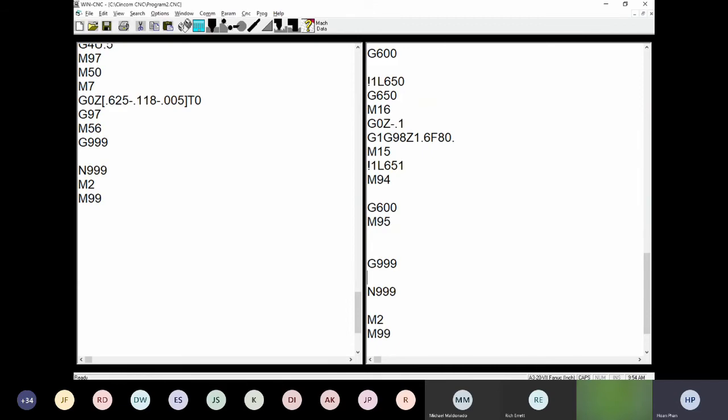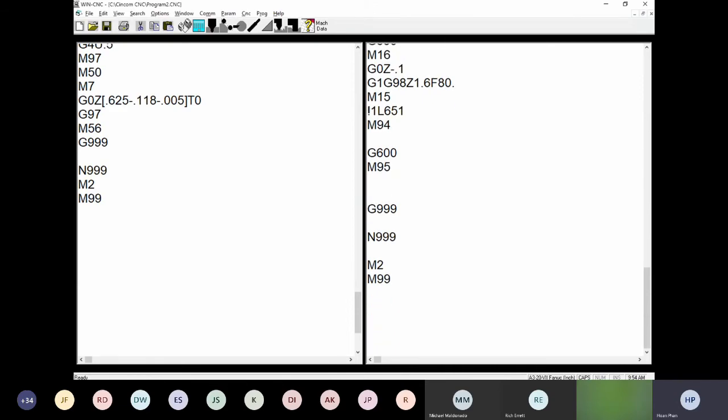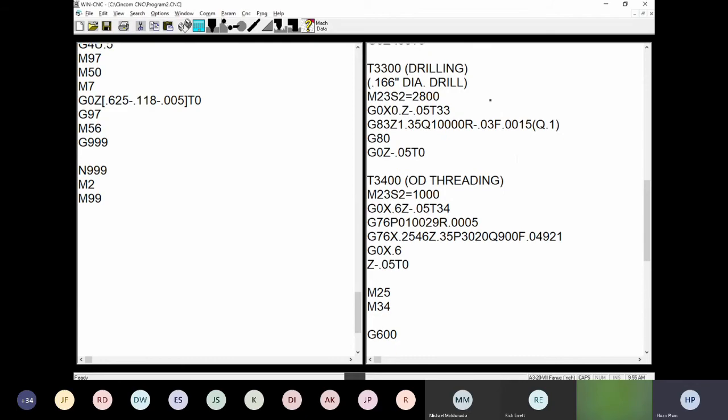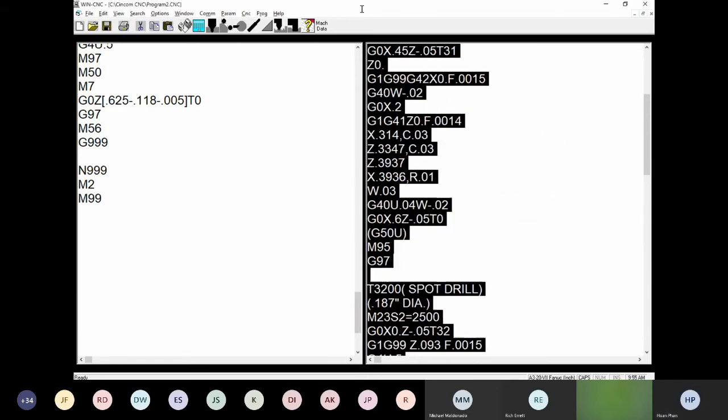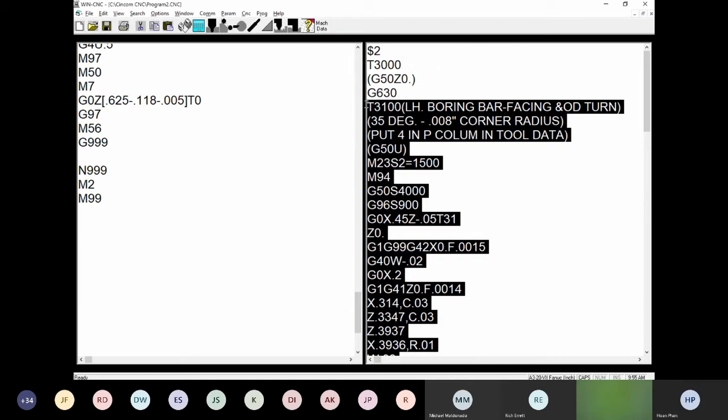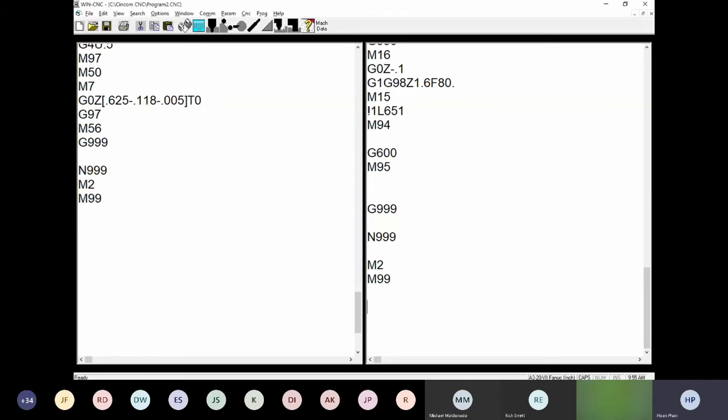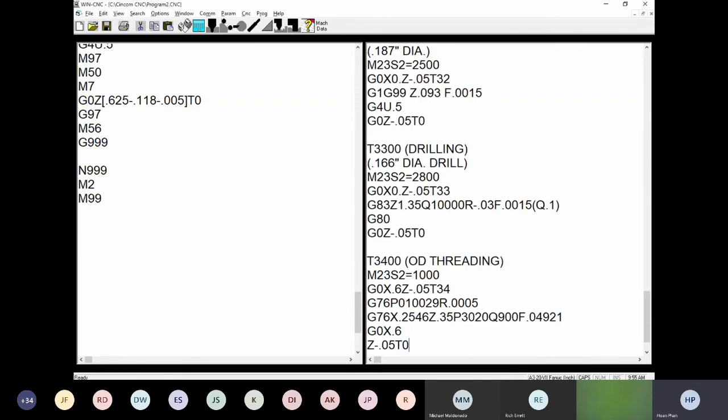But we have one function we're going to use, M98, in order to call the subprogram. And then what I'm going to do is I will copy everything right here. So copy everything right here, and I put it down right here, I'm gonna call it N100,